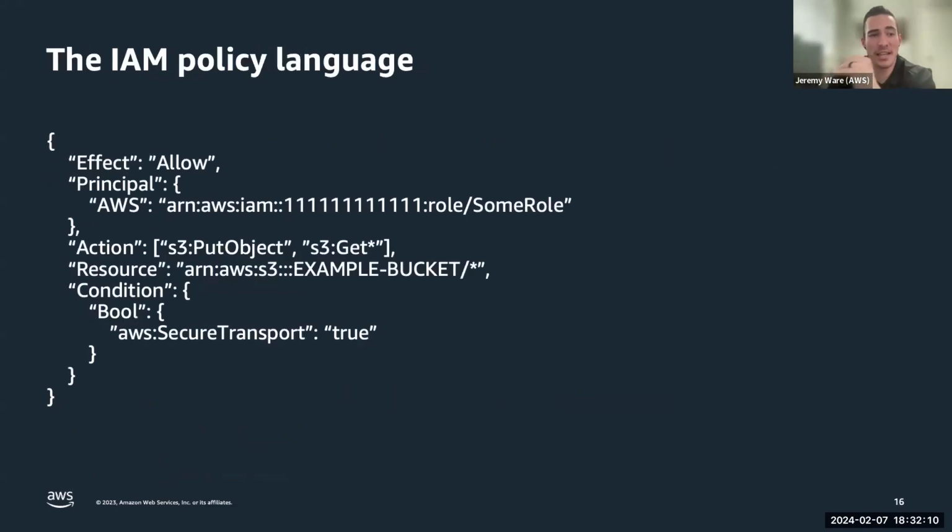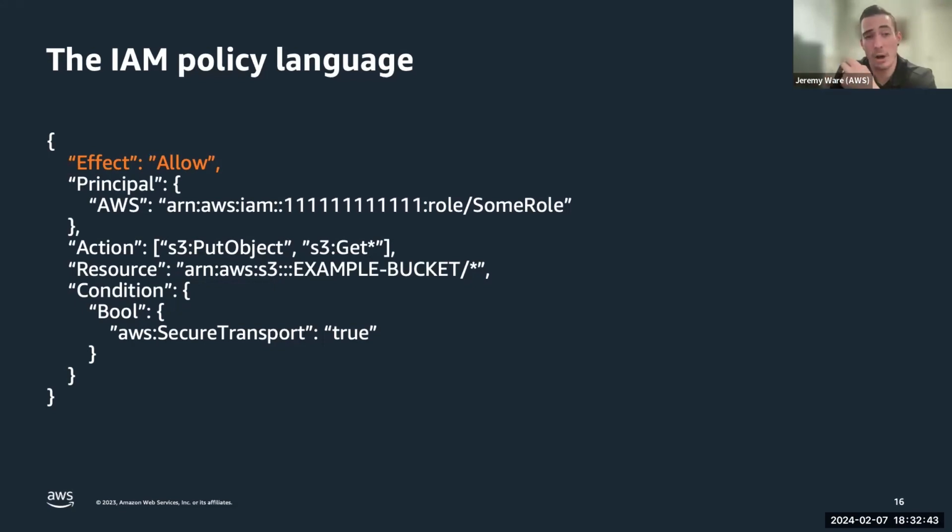When we get into the actual language of IAM, let me show a quick example here. It's really important to note that there are several statements that make up a policy. In referencing those statements, there are 5 primary elements that we want to cover. First is the effect. The effect is either allow or deny. That's exactly what it sounds like. I'm either granting access that's listed below, or I am denying access listed below.